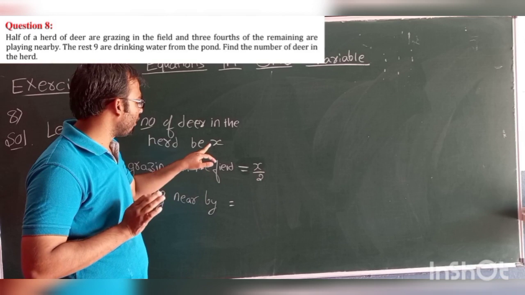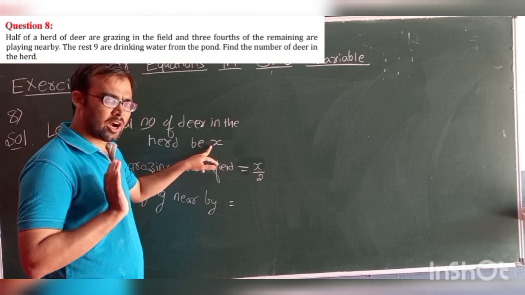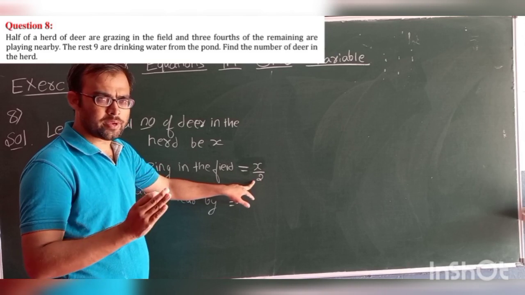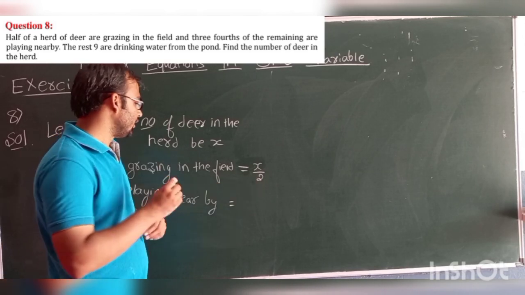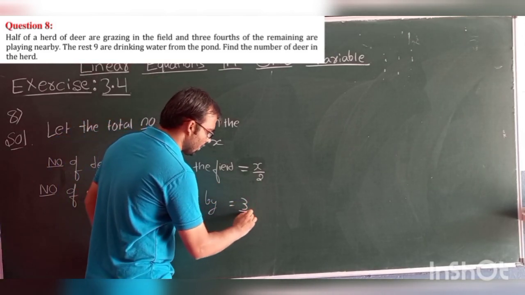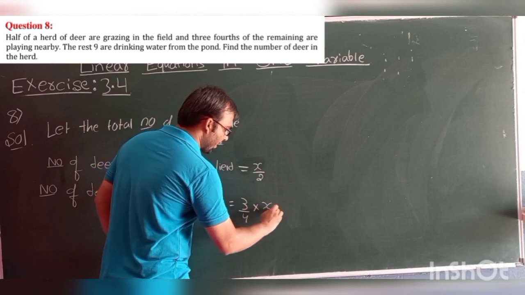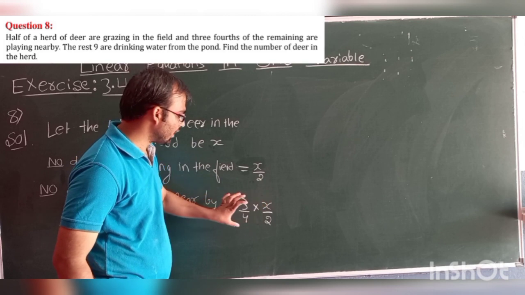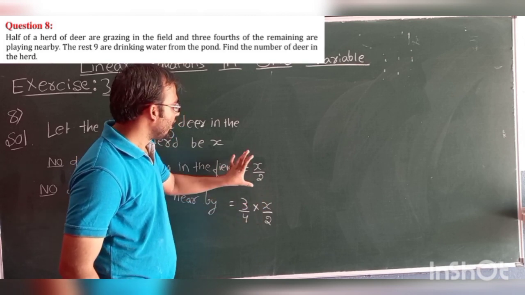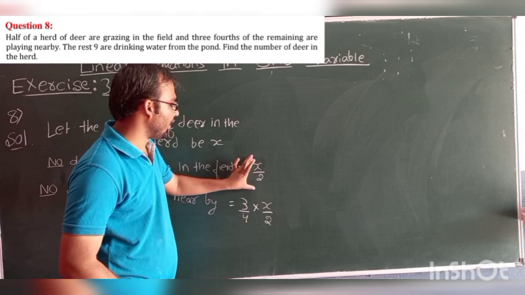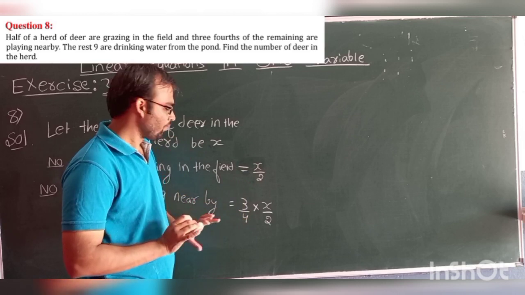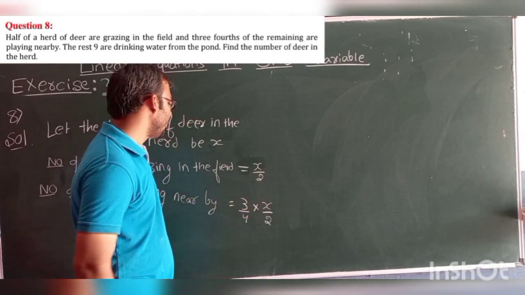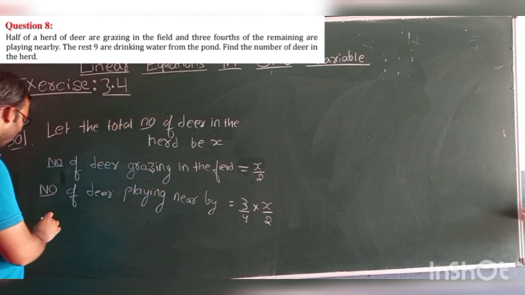So if the total number of deer is x and half of them are grazing in the field, then how many deer are remaining? Half only, no? Then 3/4 of the second half, that is x by 2. Why have I written x by 2? Because 3/4 of the remaining. If half of them are grazing in the field, then half of them are remaining. That is 3/4 of the half. That is 3/4 into x by 2. Now,